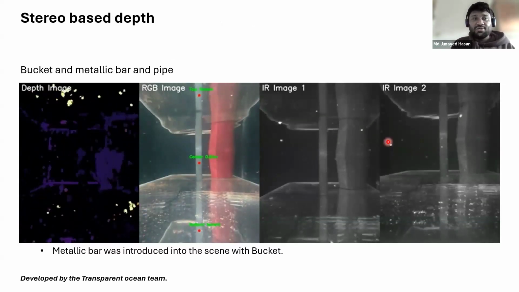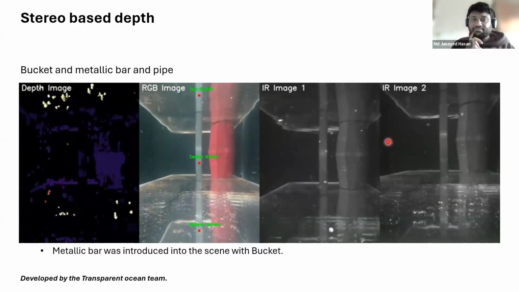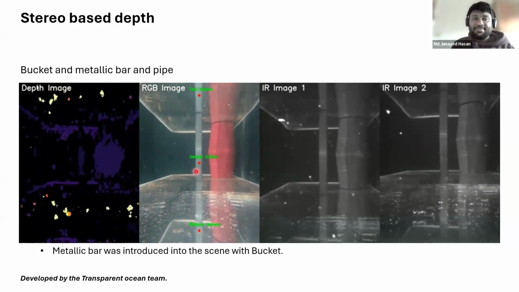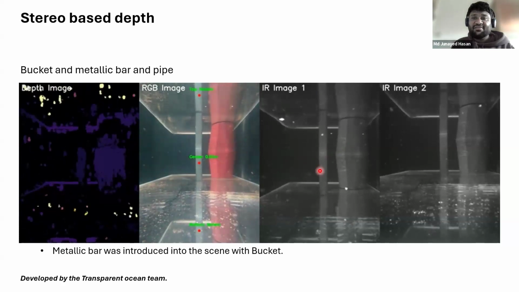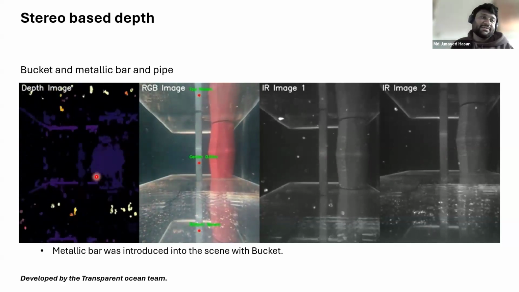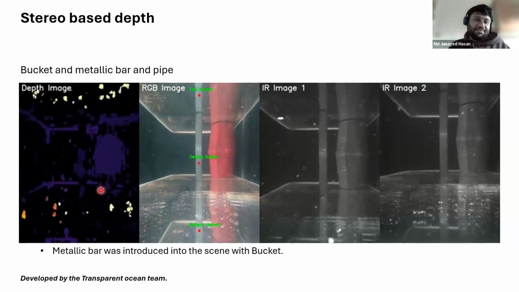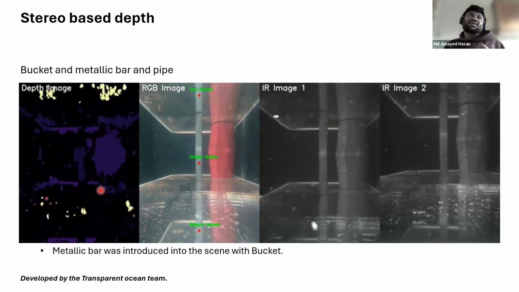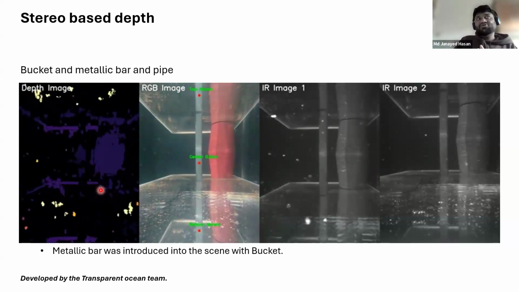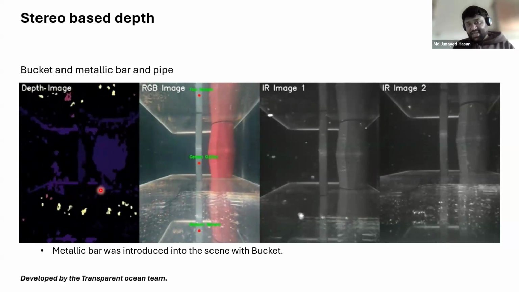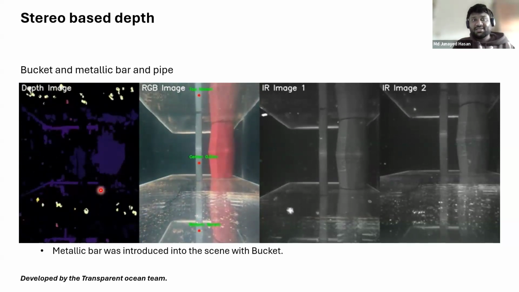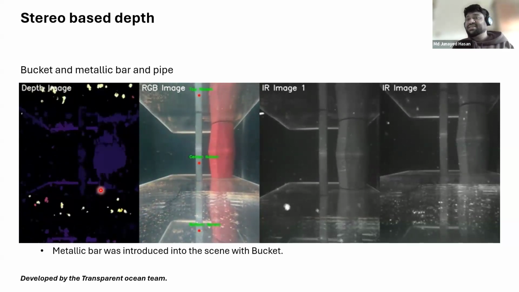We also used a stereo vision camera. You see in the pool there is a bucket and a pipe, and the infrared images are here, and this is the depth map. We try to understand this. What multimodal means is that we try to understand a certain object from different senses or different perspectives and give results. Why?